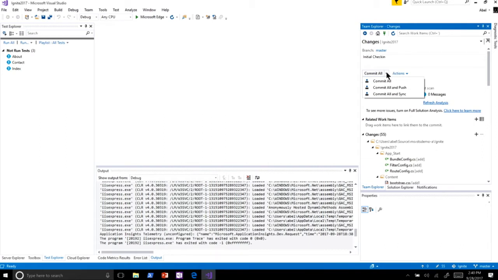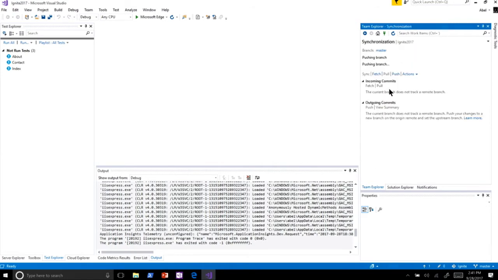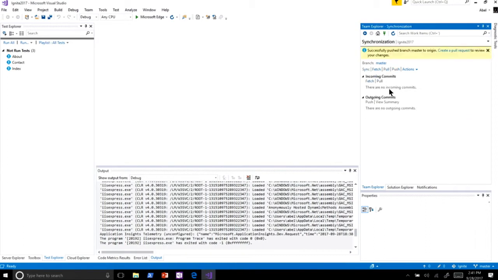Now, that can be 2 commands from the command line, or we can do it in 2 commands through Visual Studio, or we've made it simpler for you as well, where you can just say, you know what, commit everything, and let's go ahead and push our changes all the way into VSTS. So now it's going to package everything, compress all the files, send it up to VSTS, and if I jump into VSTS,